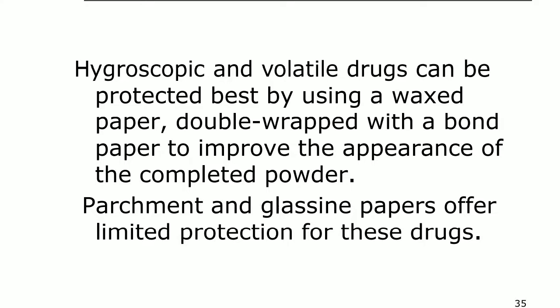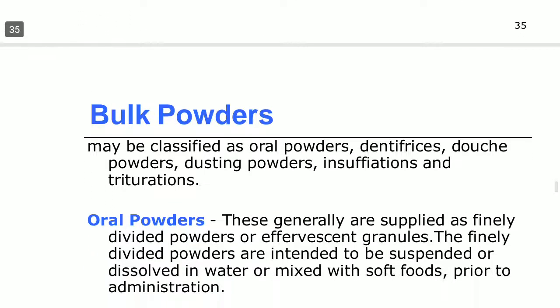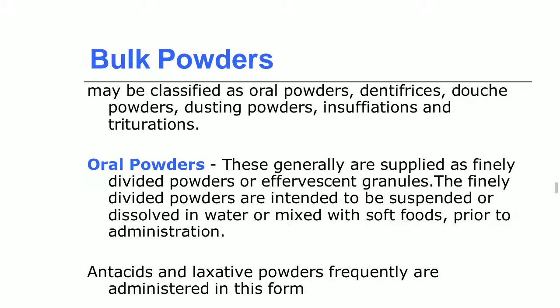Hygroscopic and volatile drugs can be protected by using waxed paper, double wrapped with a bond paper to improve the appearance of the completed powder. Parchment and glassine papers offer limited protection for these drugs. Then the bulk powders may be classified as oral powders, dentifrices, Dutch powders, dusting powders,